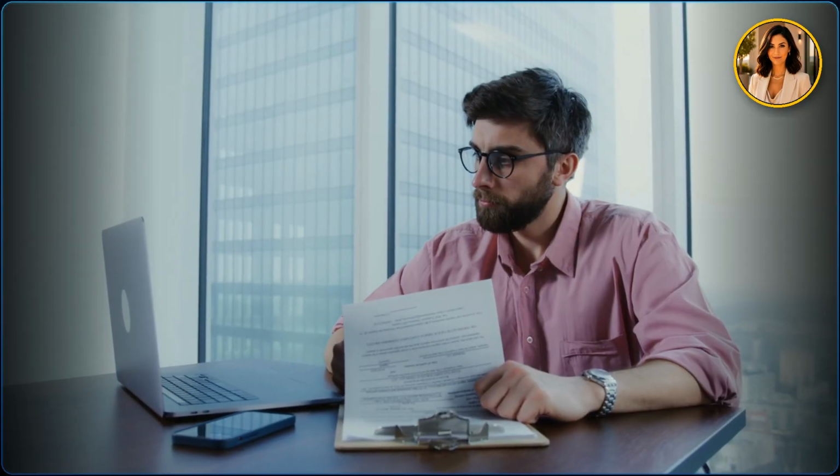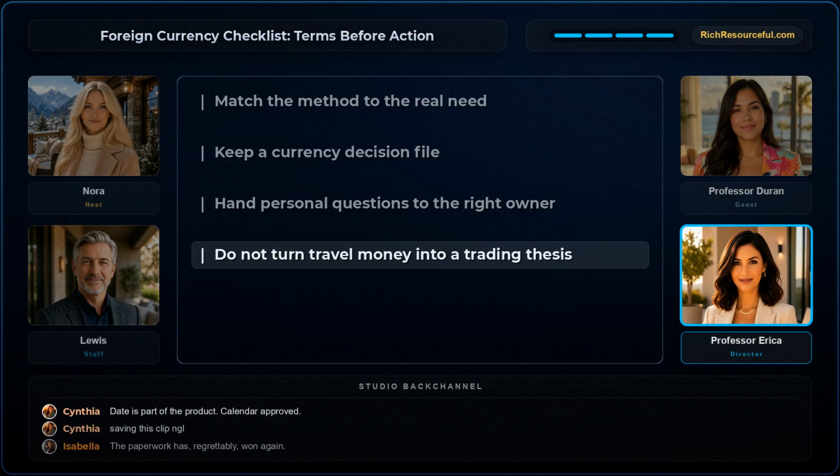Now contrast that with a person considering a currency trade after a video says a central bank decision makes the next move obvious. The person should be able to name the product, the pair, the amount committed, every financing or margin term, the possible loss path, the exit condition, and the evidence that would weaken the thesis. If those answers aren't available, waiting isn't a failure to act. It's a decision to avoid turning uncertainty into leverage. A qualified professional can discuss a person's broader goals and risk capacity. The broker can explain its product mechanics. Neither role is replaced by a general forecast.